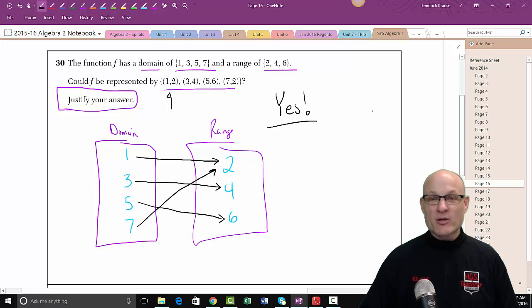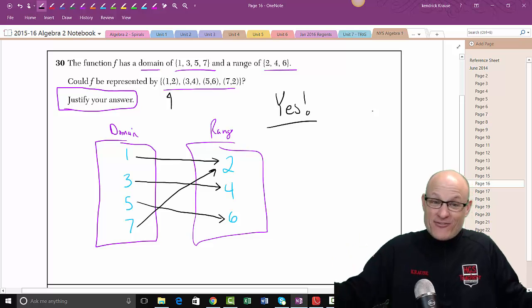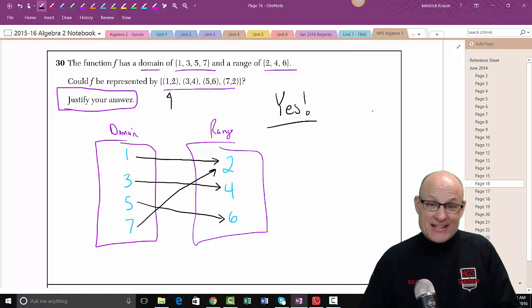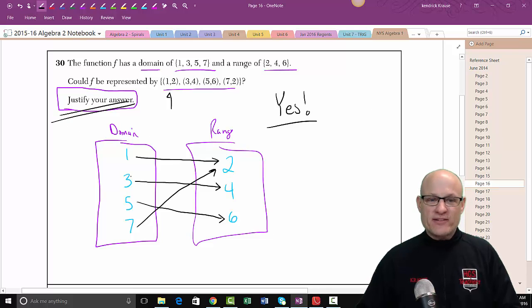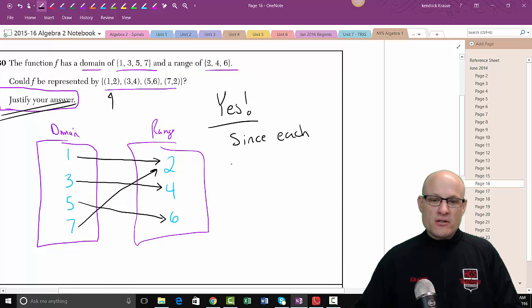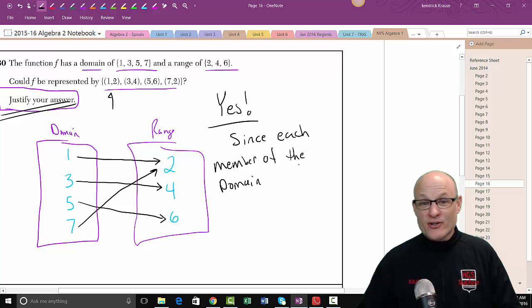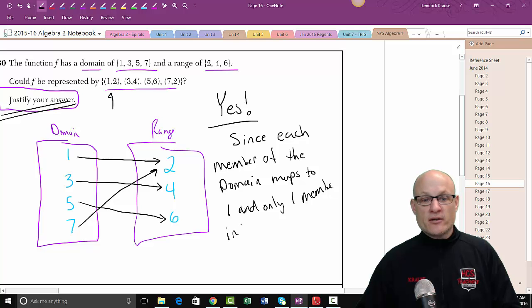Now, you have to understand why. By the way, you can't just say an explanation. You have to state an answer and then give me an explanation and then justify. By the way, justify, this isn't even justifying your answer. This is just more work. Yes, since each member of the domain, or since each number in the domain maps to one and only one member or number in the range,